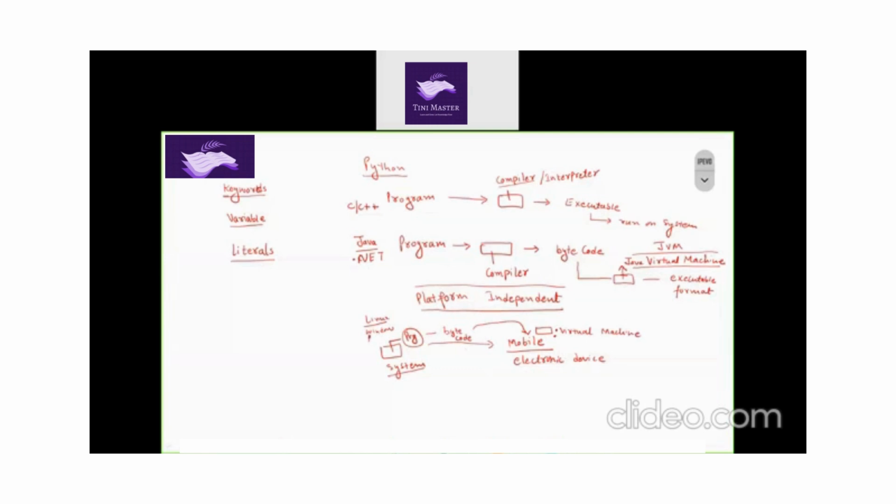So we have written a program on one type of machine, and this program is going to execute on a different type of machine only if that particular machine has the virtual machine installed. In case of Java, this is the JRE, Java Runtime Environment, or we can also call it the Java virtual machine. Similarly, in case of .NET, we also have a .NET virtual machine. And in case of Python, Python also supports the platform independence concept. And in this case, we have